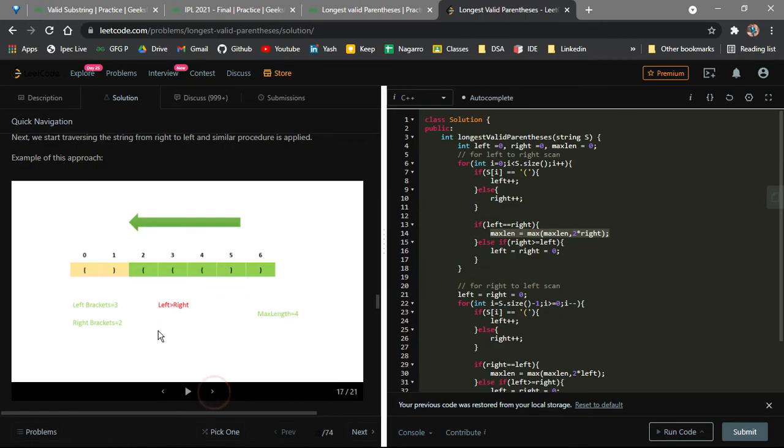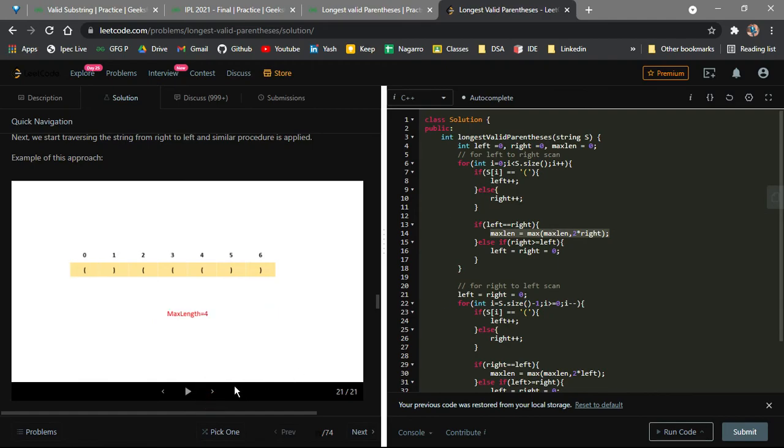Now go ahead. Here you saw that left got greater than right because we do not have 3 closing brackets, but we have 3 opening brackets, so this will be an invalid string. Now what we'll do is make left and right 0 and start traversing from here. We'll move forward. Again we found 1 right bracket, 1 left bracket, so the length will be 2, but max length will be 4 only because 2 is less than 4, and in the end we'll return 4.